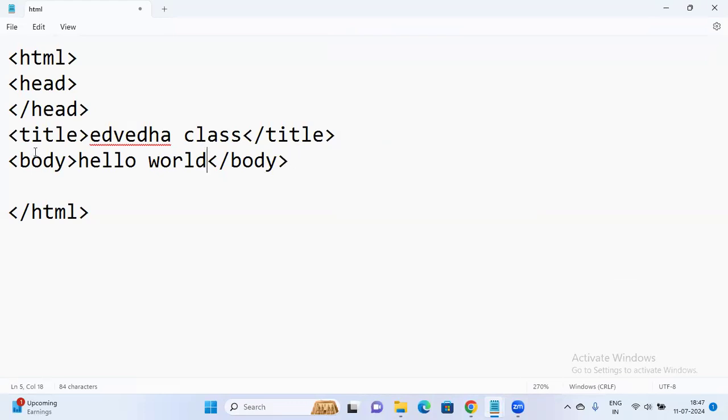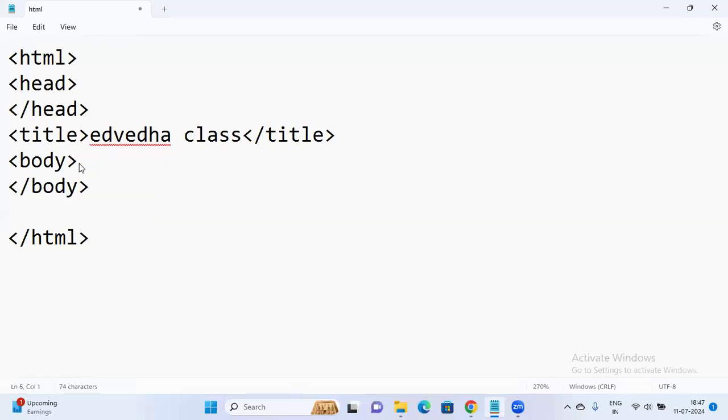So if you run this program, it will not run, because whatever content you want to write in the body, you should not write directly in the body tag. It is not possible. Okay. So to write any content, you have to use another tag called heading tag like H1 and write whatever content you want to write.